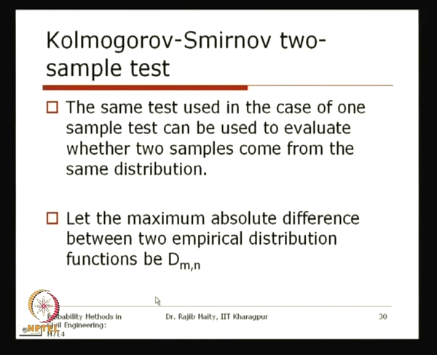Well, now we will go to the two sample test, keeping the same basic philosophy. In the one sample test, one is the data that you have obtained, and the other is some standard distribution that you already know. In the example we have seen, a normal distribution was used. Now the two sample test means that we are not using any standard distribution. The two samples are there, and both will have their own